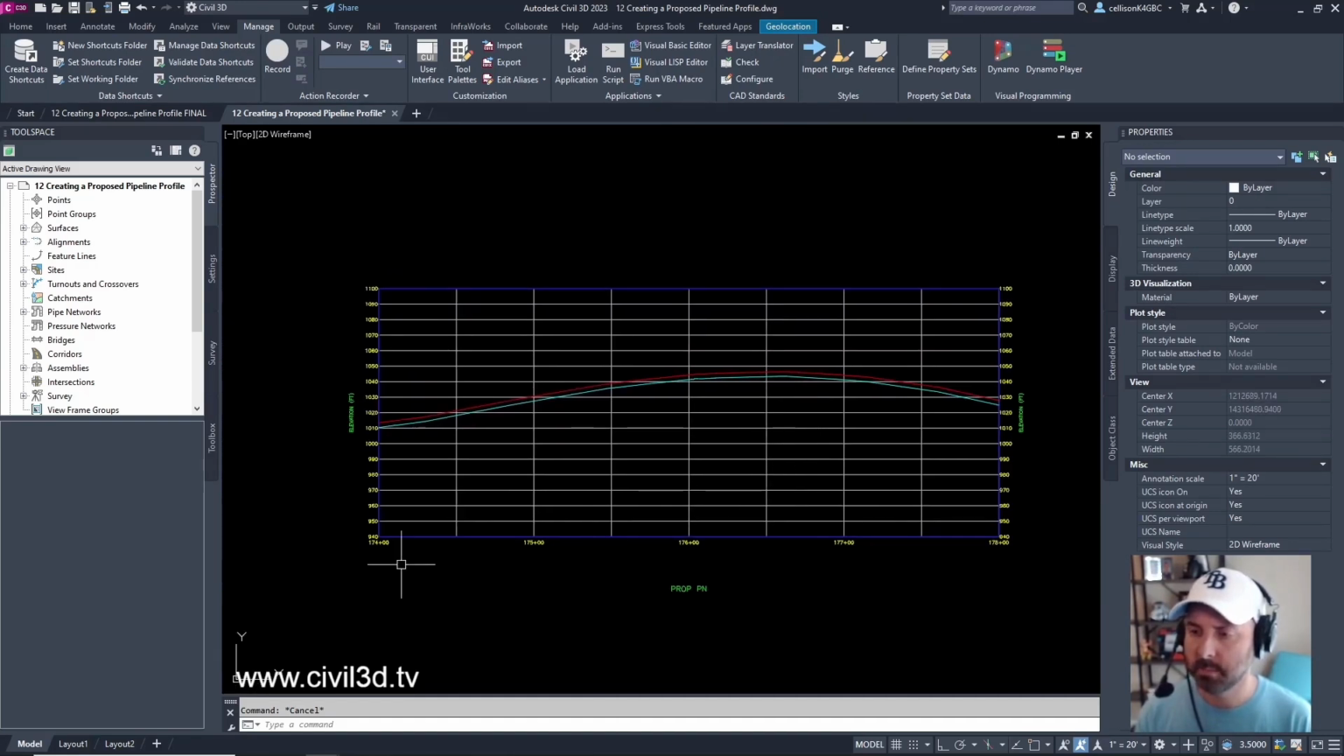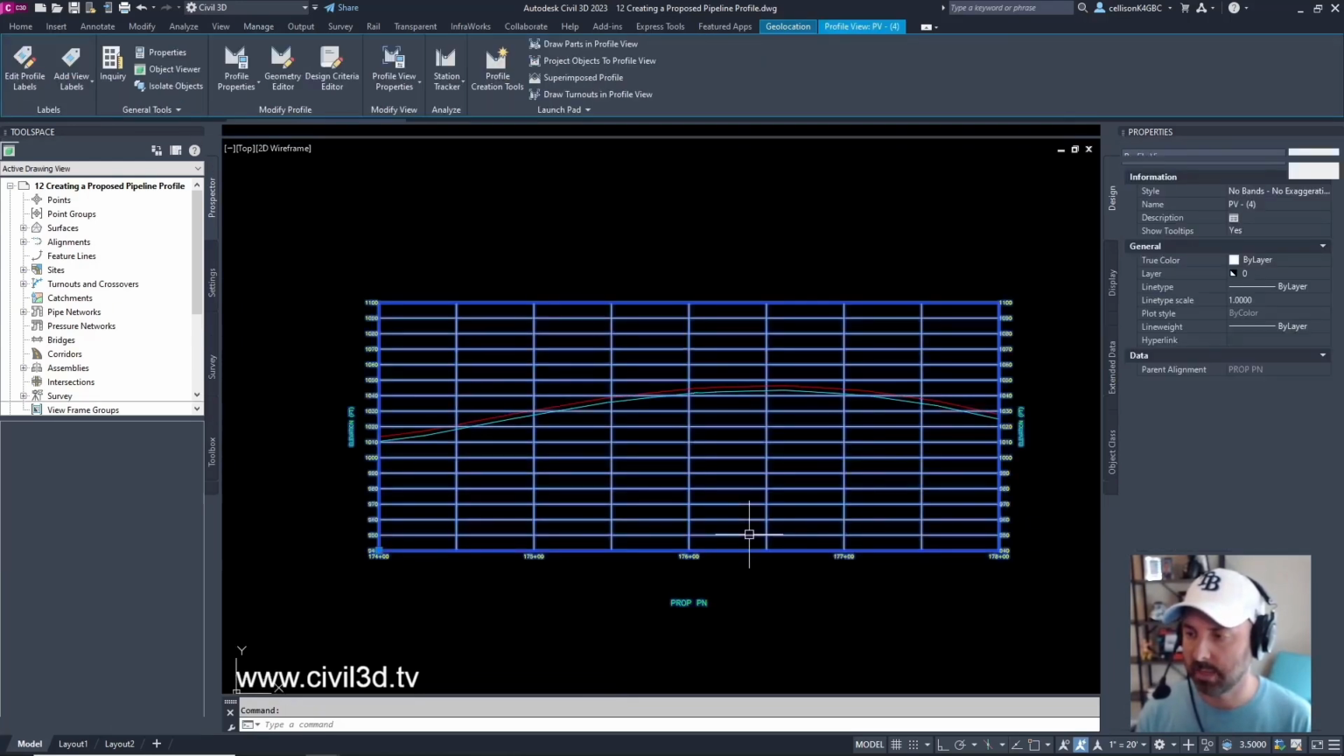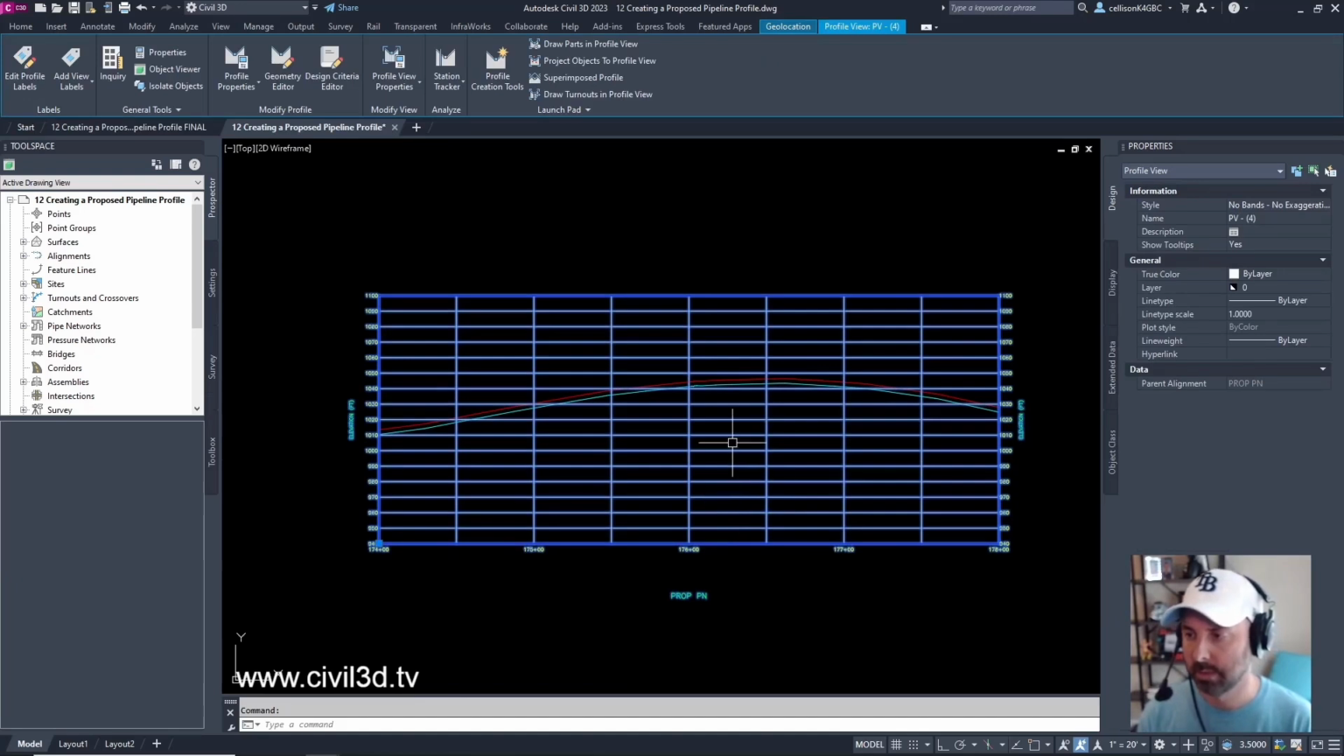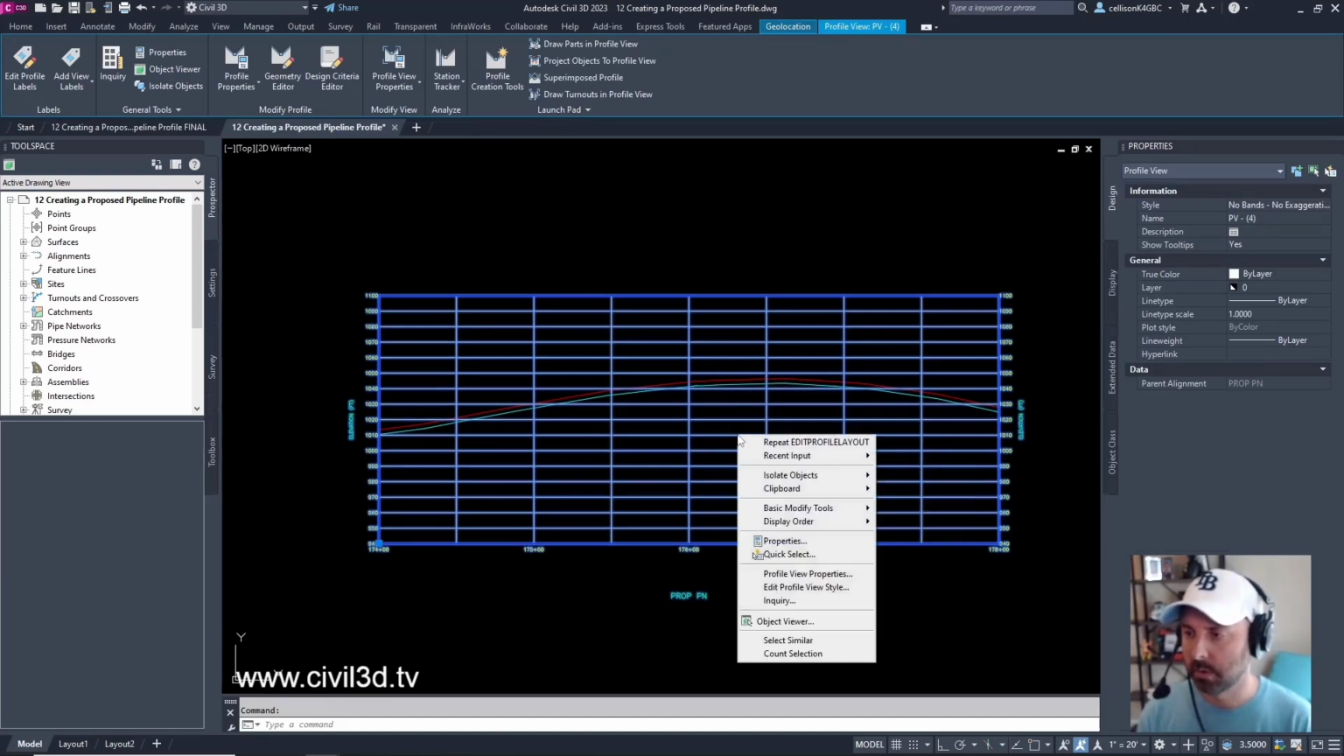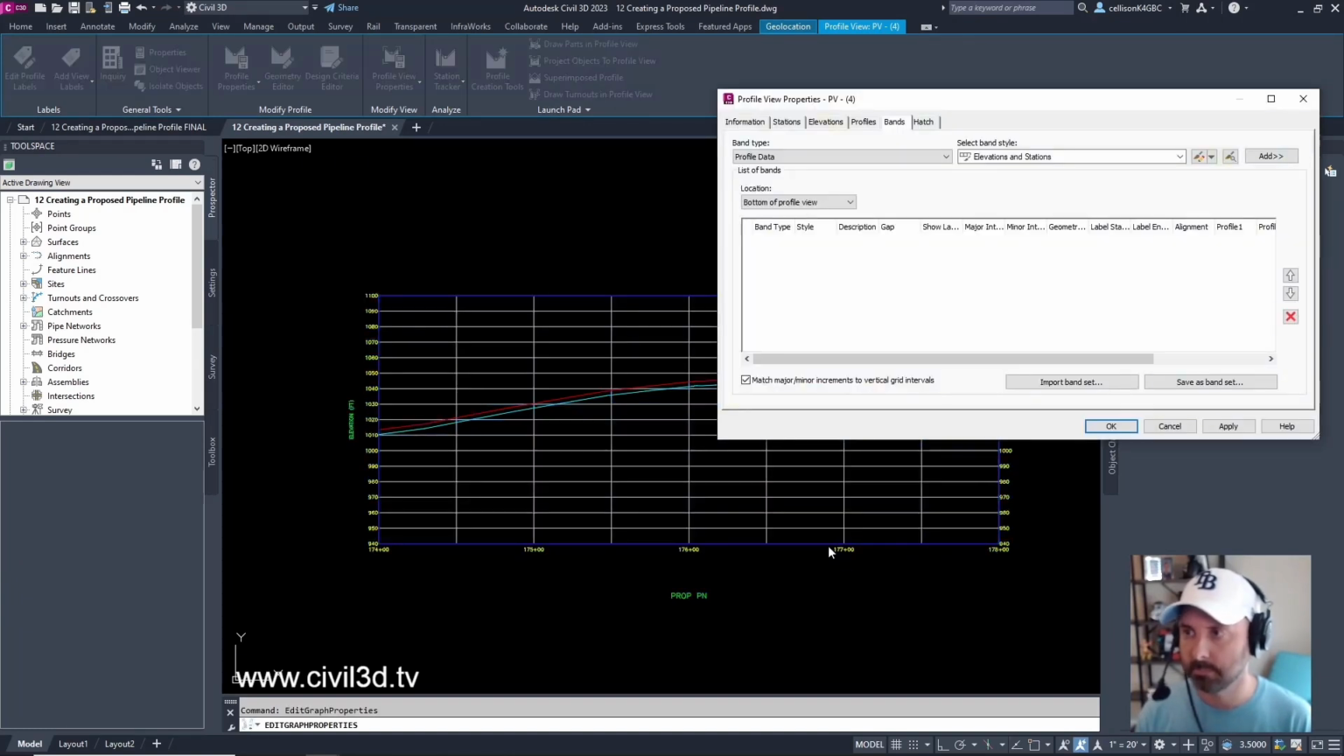I'm going to add some elevations by station down here at the bottom. I'm going to add that as a band, just like I did with the existing profile. So I'm going to select my profile view, right click, then select Profile View Properties. And again, just like with the existing profile view, I'm going to add my profile data. The band style is going to be elevations and stations. I'm going to add this